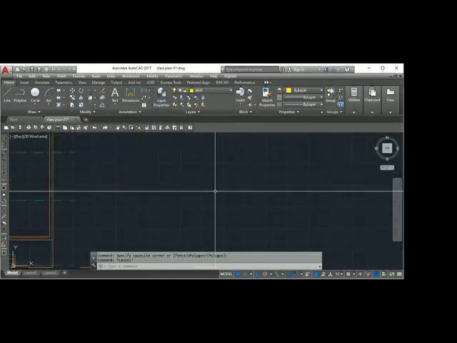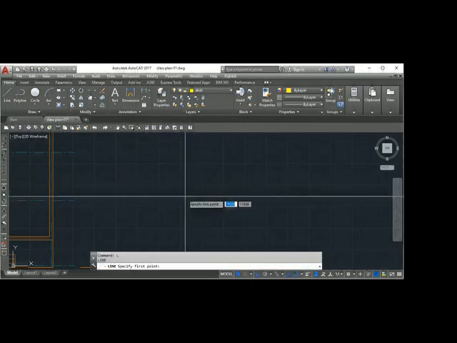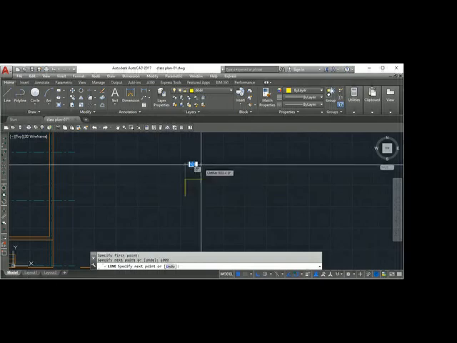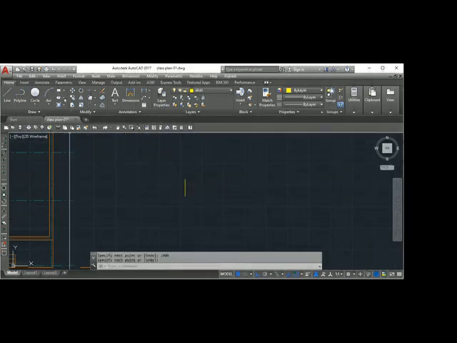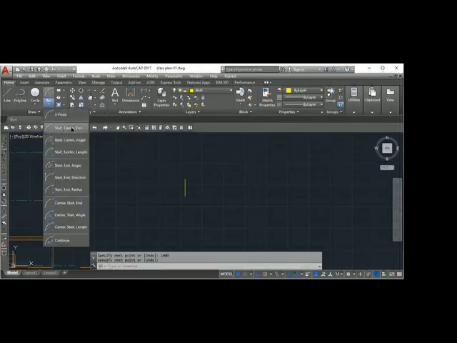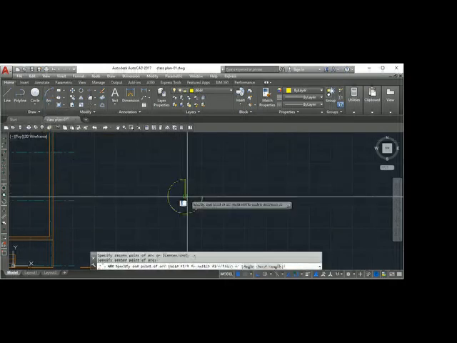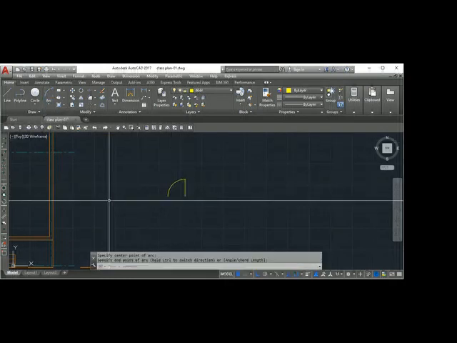I'm going to draw a line. So now carefully listen how I'm making a door. 1 meter I will draw a line. I will go to arc command, start, center, end. I will use the start, center, end. Start, center, make ortho on, and click.